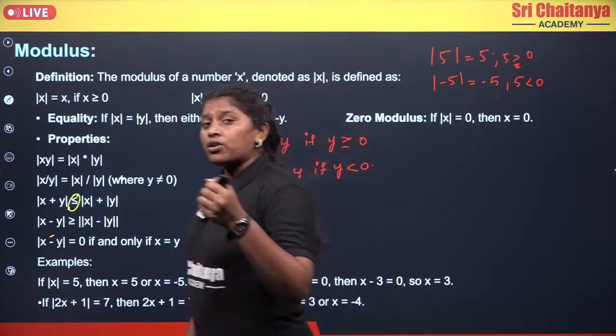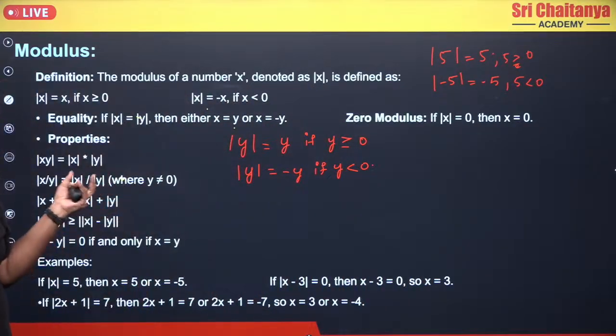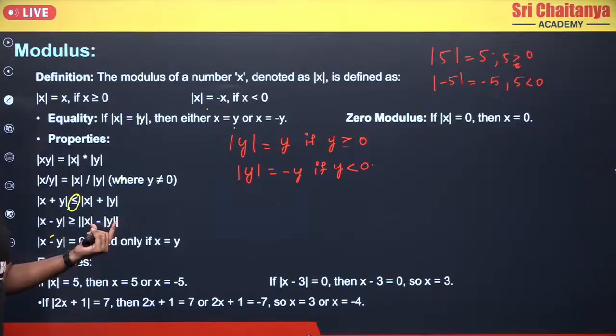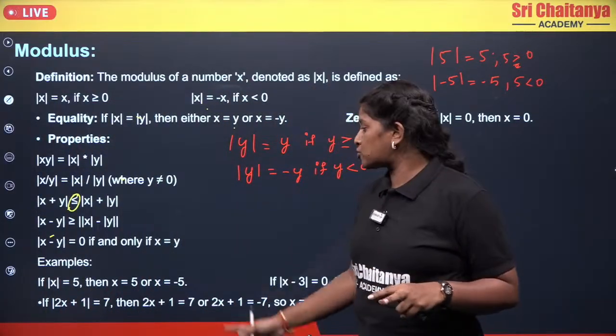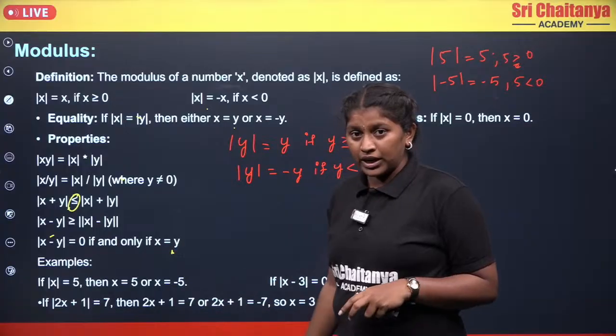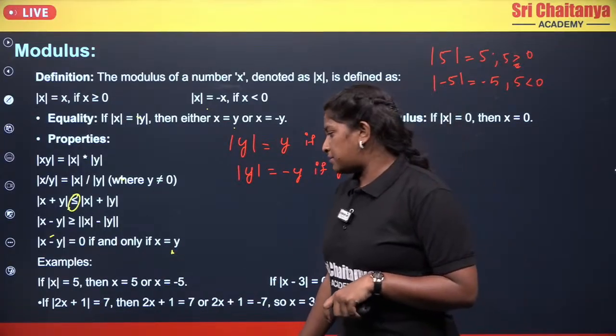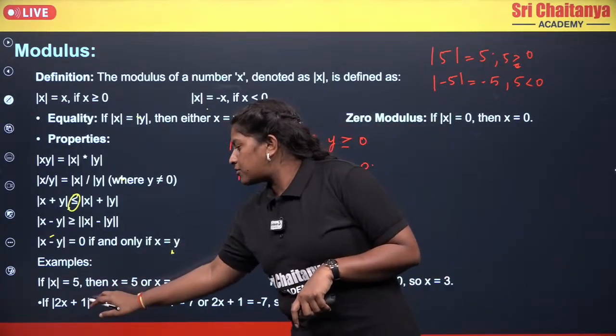So mod of x plus y is less than or equal to mod x plus mod y. Now moving to the next, mod of x minus y is greater than or equal to modulus of x minus modulus of y, where we take the whole modulus of the difference. Now moving to the next, if we get mod of x minus y equals 0, the modulus of the difference between two elements is 0 when those two elements are equal. Now if you observe the examples here,